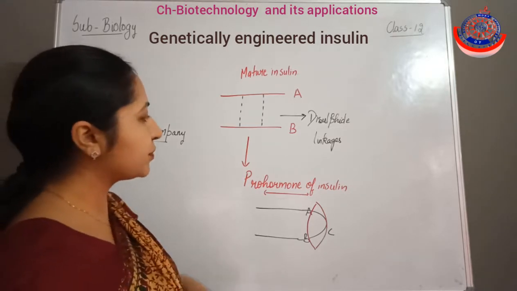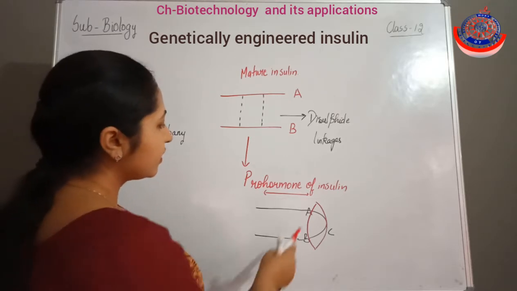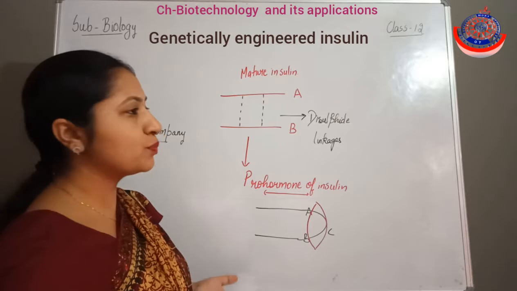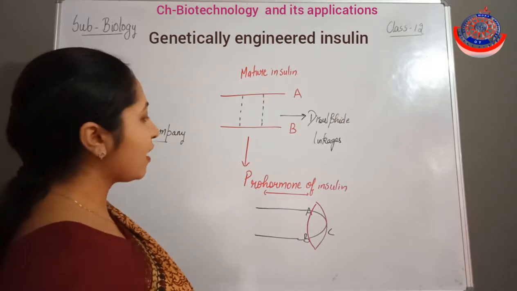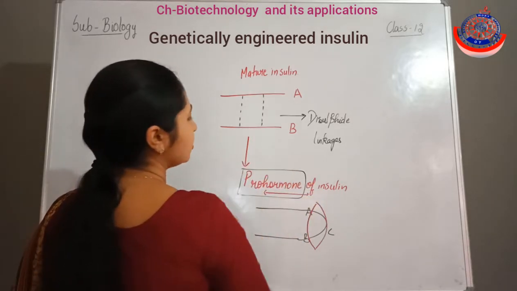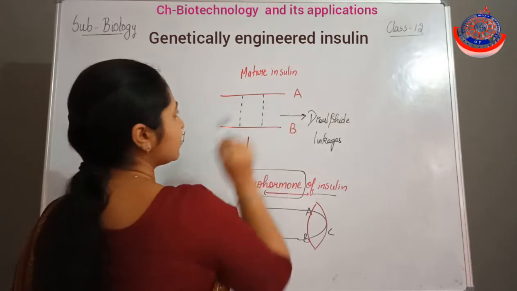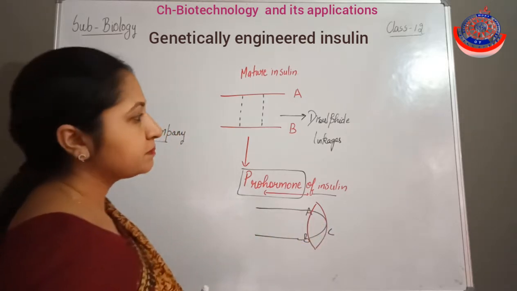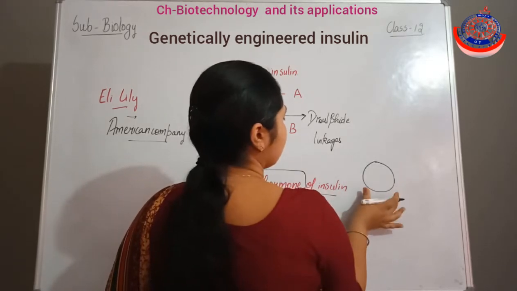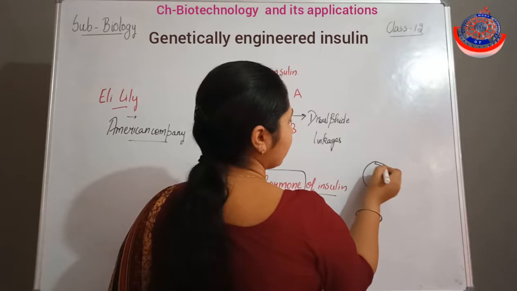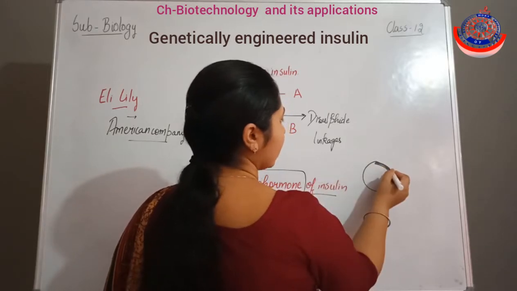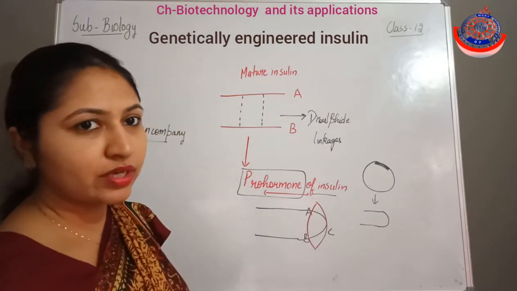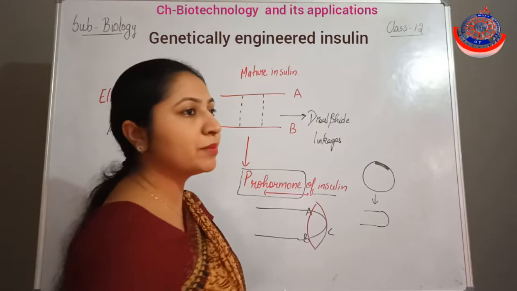What is the problem for producing insulin through rDNA? The prohormone consists of A, B and C. So when we have to produce the insulin hormone through rDNA, we have to insert the prohormone gene of insulin, which provides the three genes A, B and C. When we insert the insulin gene in the plasmid vector, it will produce AB with the C chain, and then getting the mature insulin becomes difficult.